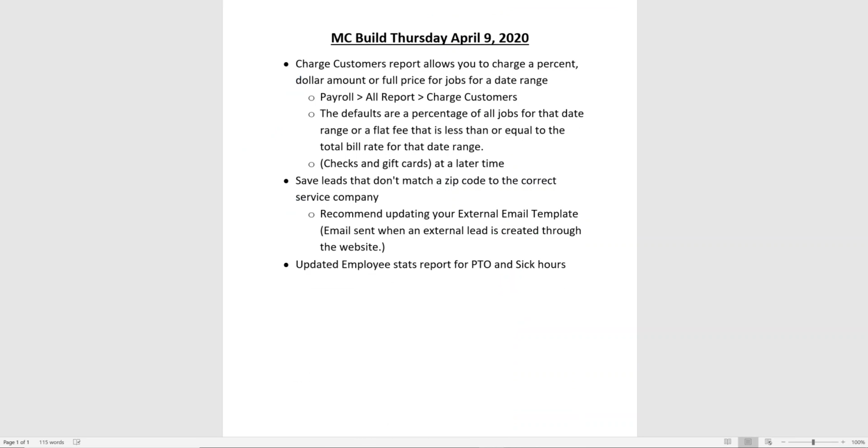So up next, we're going to talk about the functionality that's been changed for those of you using the lead capture form on your website, and the ability to now see leads for addresses outside of your zip code area. They'll still go into your system like a normal lead, but it will be marked that it is outside of